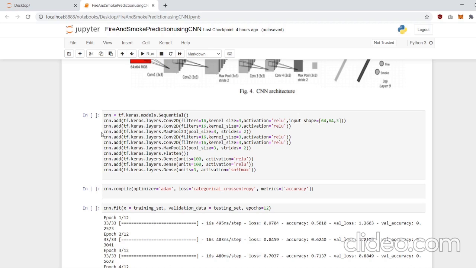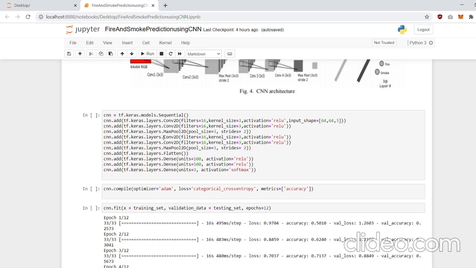And the second one is the same Conv2D layer. The third one is the max pooling layer. This MaxPool2D layer summarizes the presence of features in an input image. It has the advantage that it reduces the dimensions of the feature maps, the number of parameters to learn, and the amount of computation performed in the network.